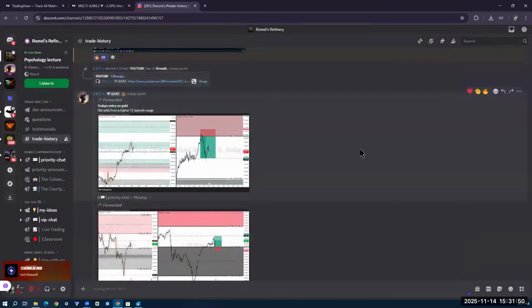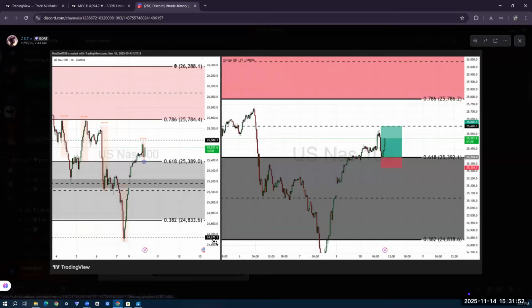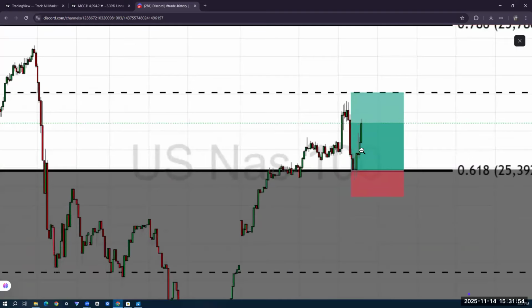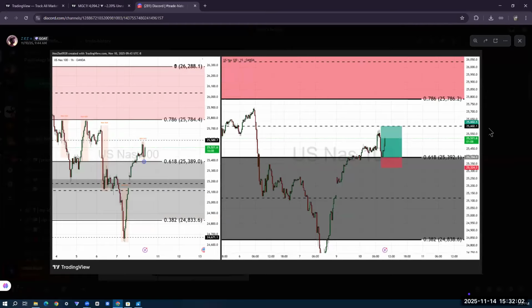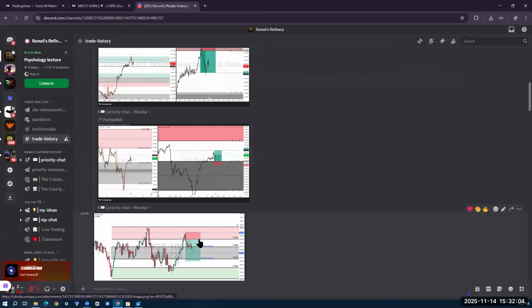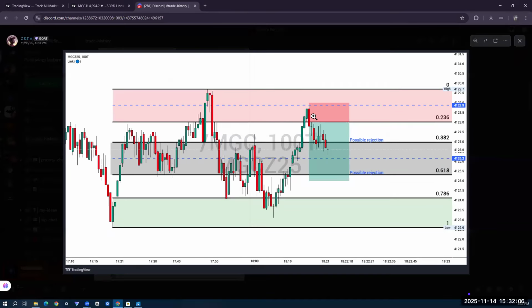So cool. That was a TP. This trade right here, same exact thing. I wanted my take profit to be the 50%. So I just made my stop loss a 1 to 3 of that. So I know it was a 1 to 3. Another example, same thing with this one right here, bro. Low key, I wanted to take this trade to the 618, but my 1 to 3 was a little bit further. So I just said, fuck it. Boom, 1 to 3. My entry was at the 236 and my stop loss was right above the 50%.